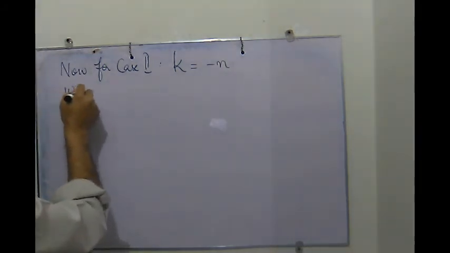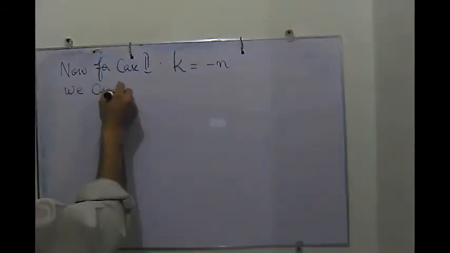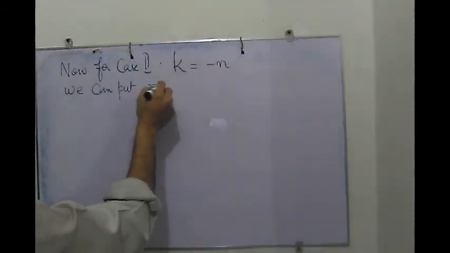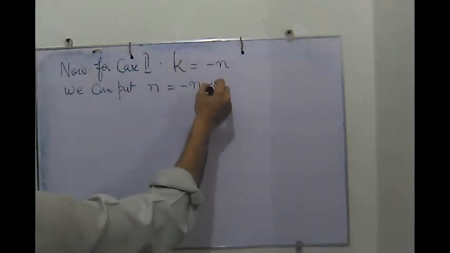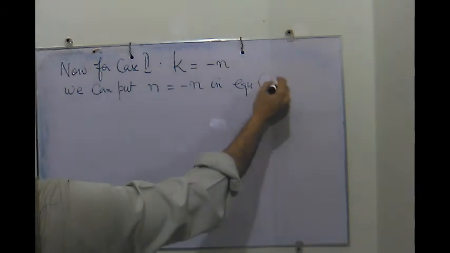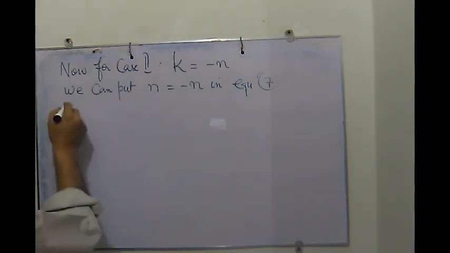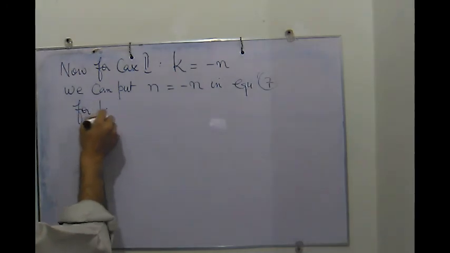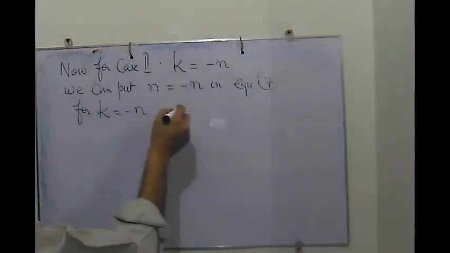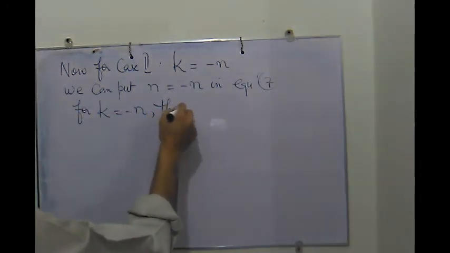We use the equation number 7 and we can put n is equal to minus n to get the value for k is equal to minus n. If we put k is equal to minus n, the solution of Bessel differential equation will become